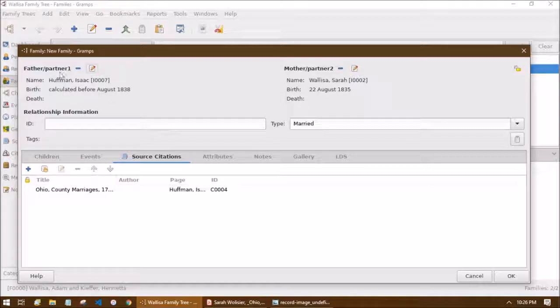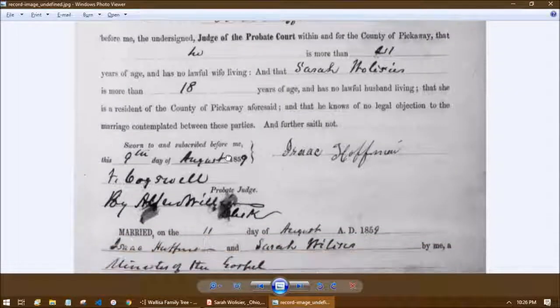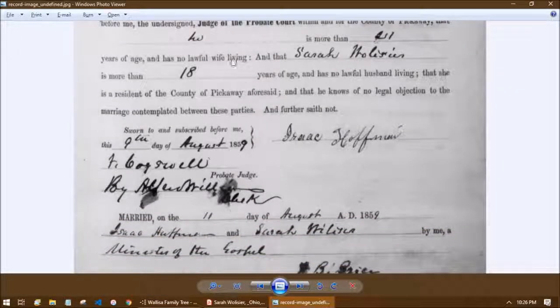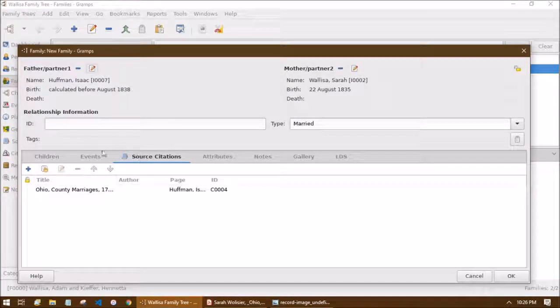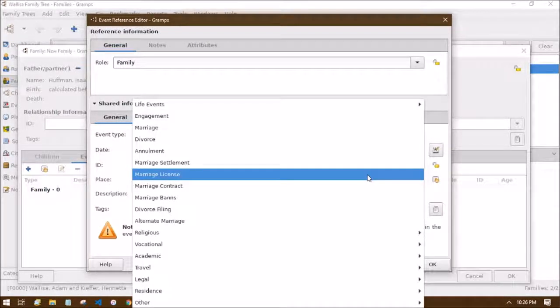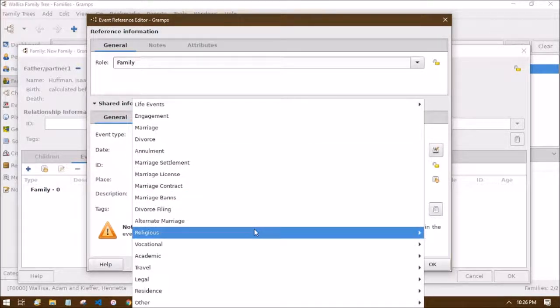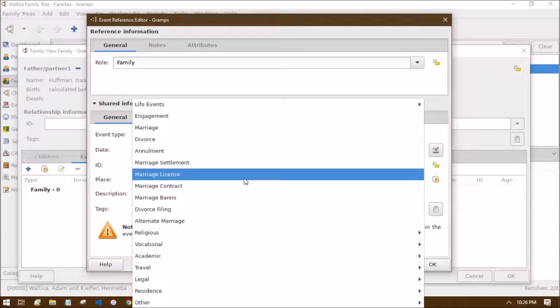Okay, so now we've got the family created, and we've got birth dates. The last thing that we could add here, so this was the kind of marriage license, is the 9th of August. So let's create a family event here. The first one is suggesting marriage, but I'm going to do marriage license. Now, if you see, we're in the family editor, so therefore it's pulled out different events here and showing us just kind of the family ones, because that's the ones we'd be more interested in